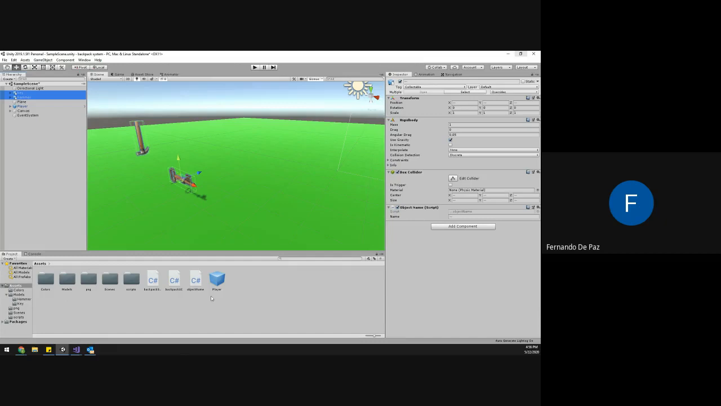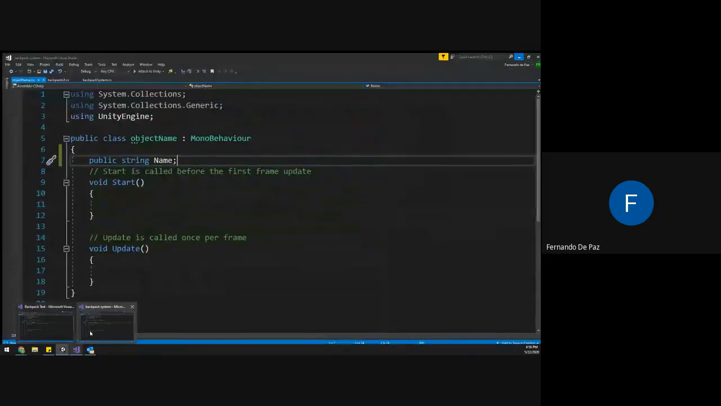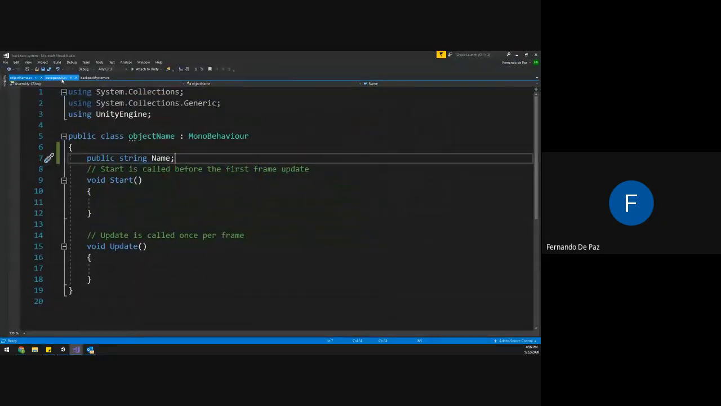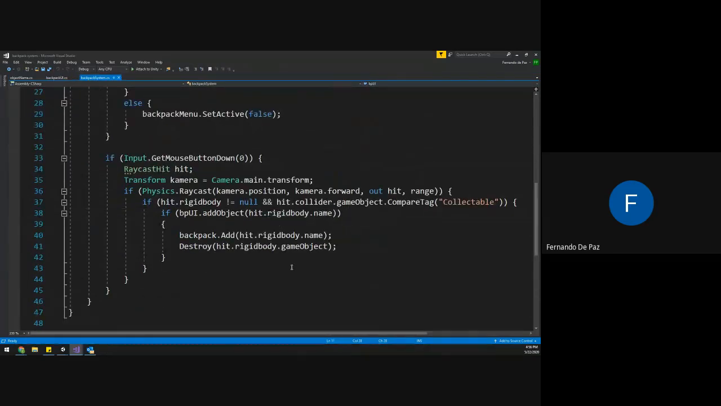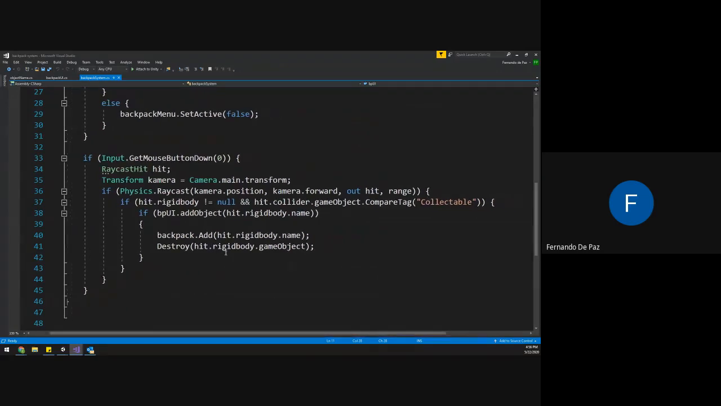So once you have these object names, let's go back to the script. Backpack system, backpack system. Okay, and inside our script, we're going to look for this line called if bp.ui add objects. So we're looking for this part. Instead of adding this one, rigid body.name, we're going to change this. So we're going to delete this, and we're going to say